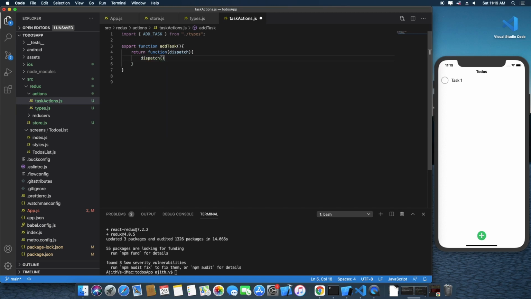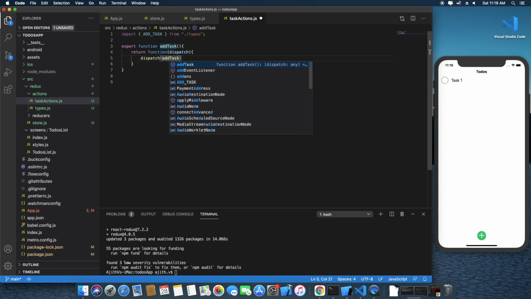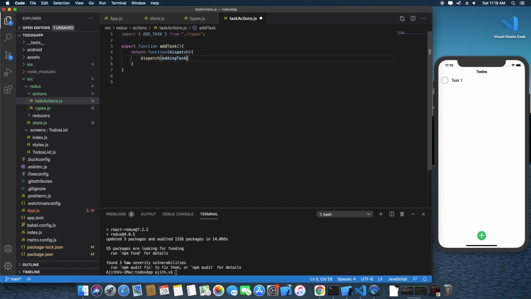Dispatch a function addingTask, and function addingTask